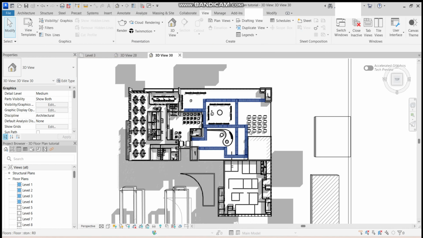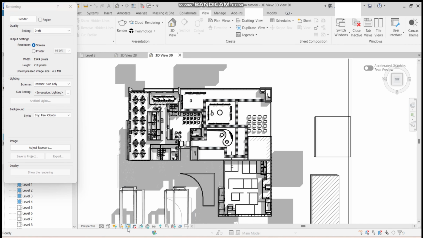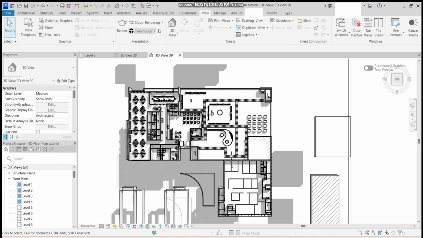However, that's not the goal here. We want to render it. So in order to render it, there is two options. You can either click on the show rendering dialog in here and go ahead and render it within Revit. However, I would like to keep working on my file while it's being rendered, so I'm going to render it in cloud. So you click on cloud rendering,